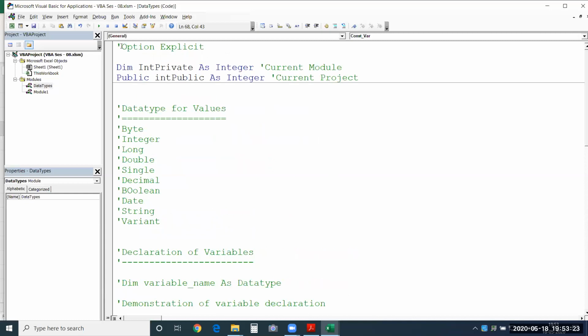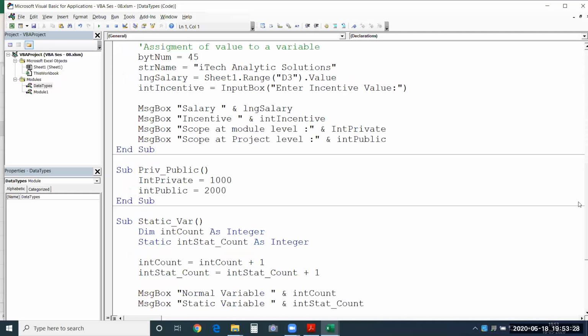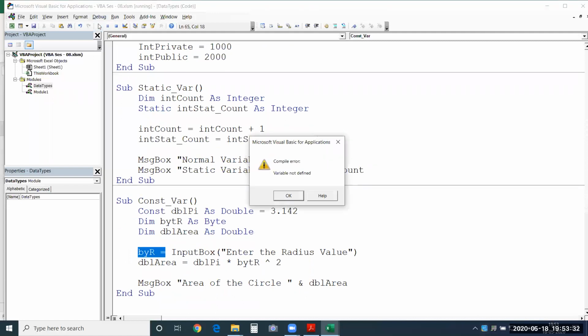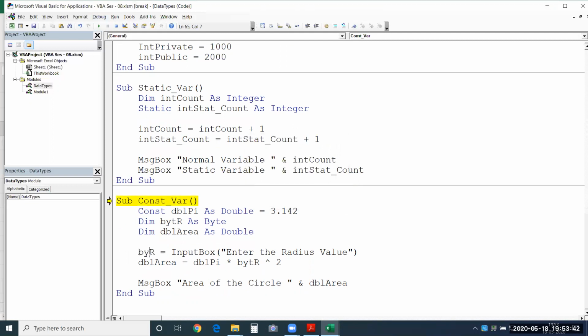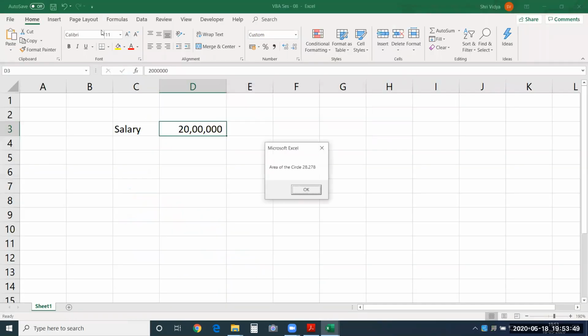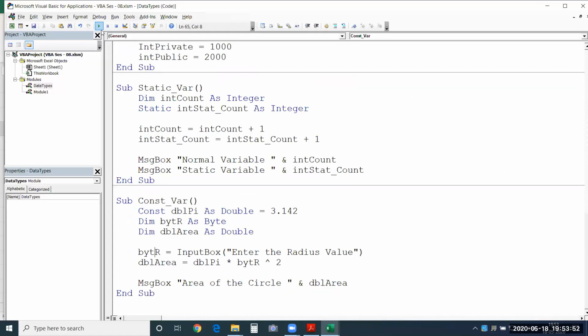So let me show you. I'll remove this now. I'll run the macro again with that mistake that we have kept intact. So I'll just run it. See, it will immediately highlight that there is something wrong here, or you have not declared it. So now I know there is a spelling mistake. I can just correct it. And now if I run this with some value, it is going to give me the result in a proper way. See, it was a small macro, you could identify it easily.